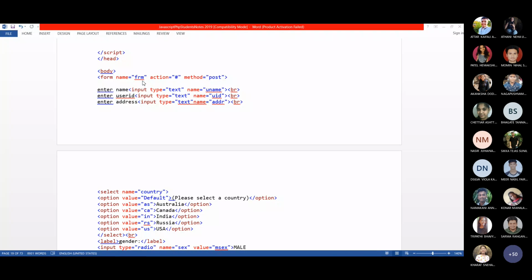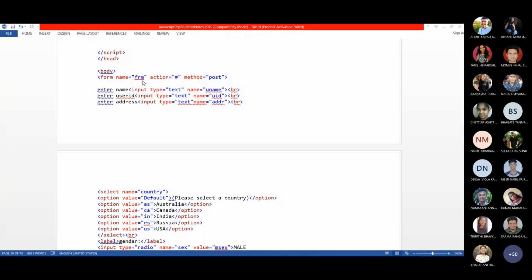Why? Sometimes in a single web page you might have created two different forms. So that time you have to identify which is the first form. When you validate, you have to identify which is the first form and which is the second form.